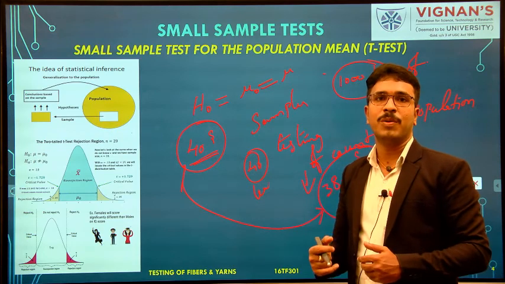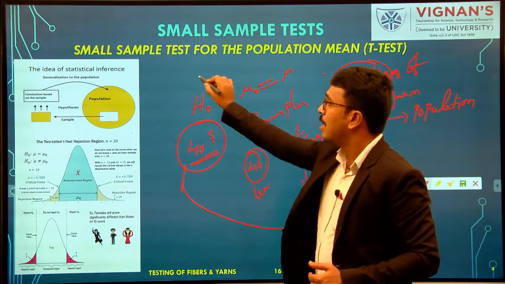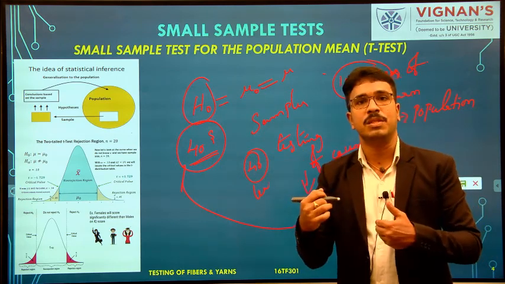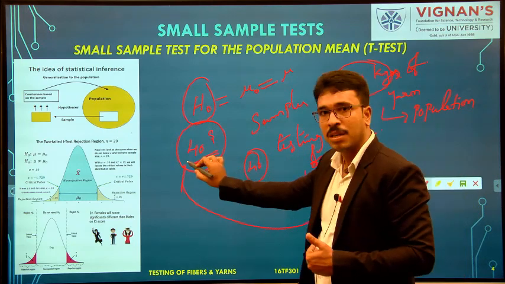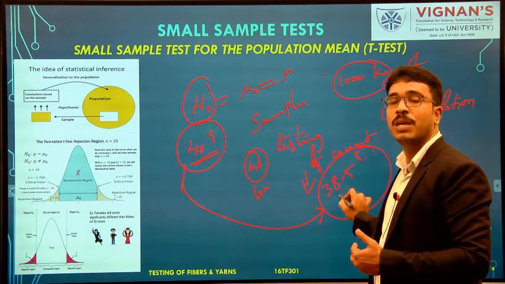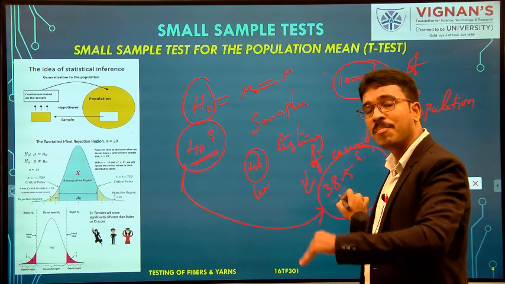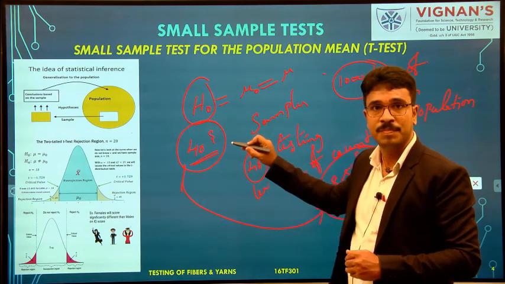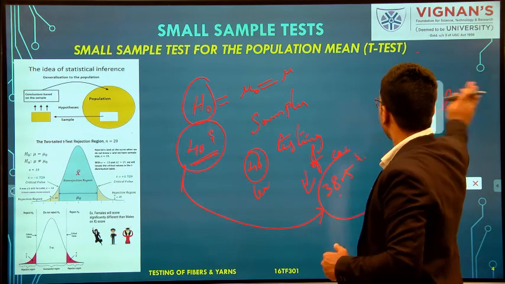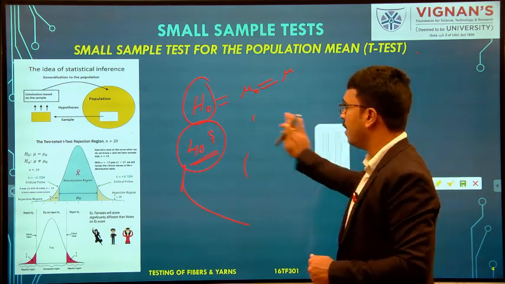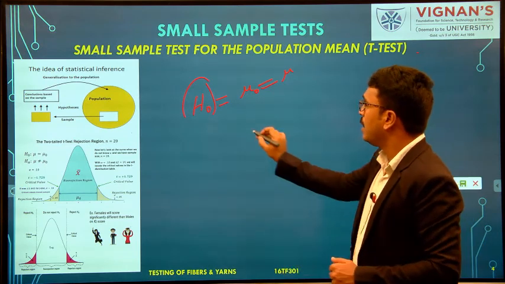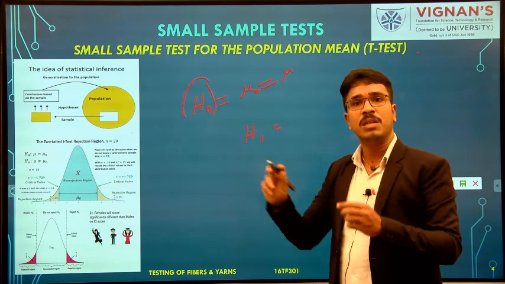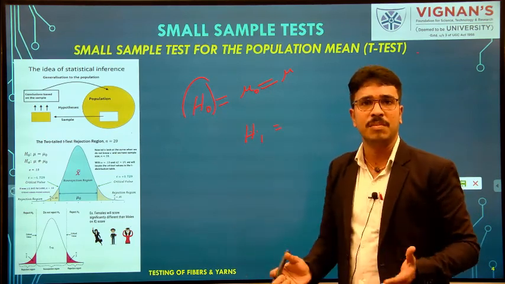So, in that assessment process, we are taking the help of hypothesis, and we are setting the hypothesis like an assumption. That means the estimated count is equal to the count which we are getting after sample measurement or after production of samples. That means both are same. And when it comes to another hypothesis, which is nothing but the alternative hypothesis, that is H1. So, how we are setting the H1? Already you know H0 is the null hypothesis. That means everything is same, all are equal.